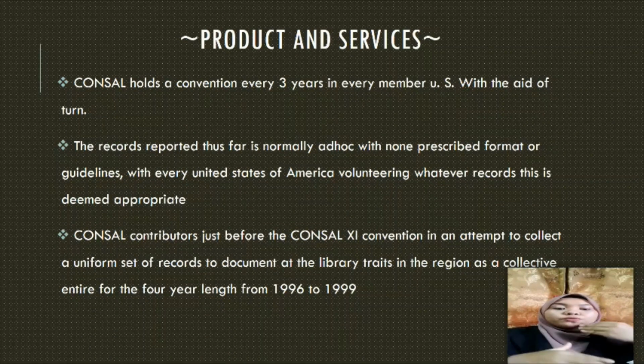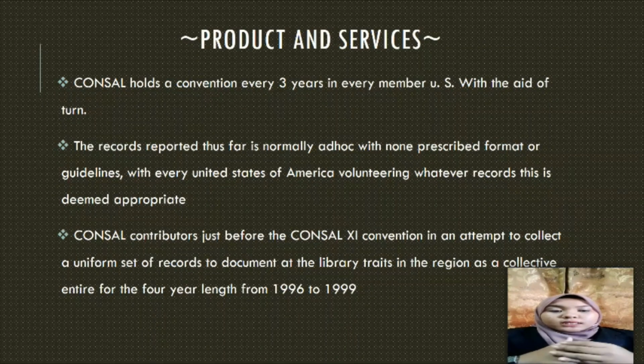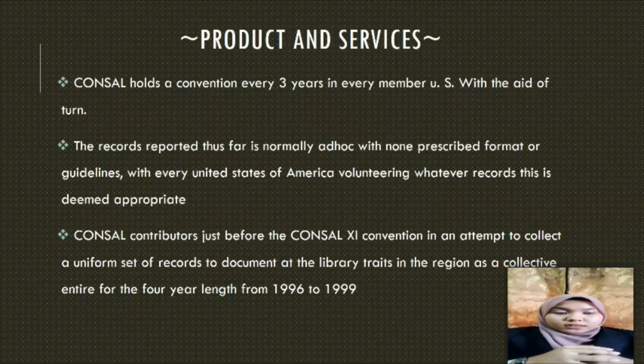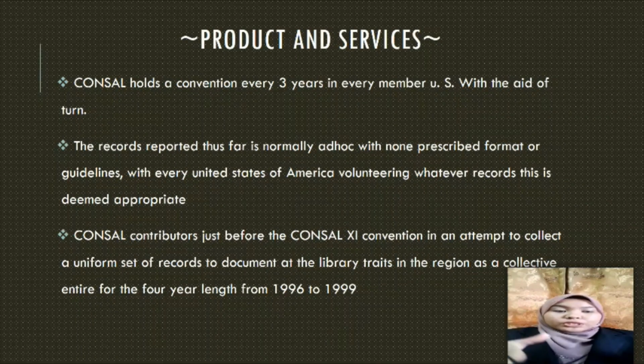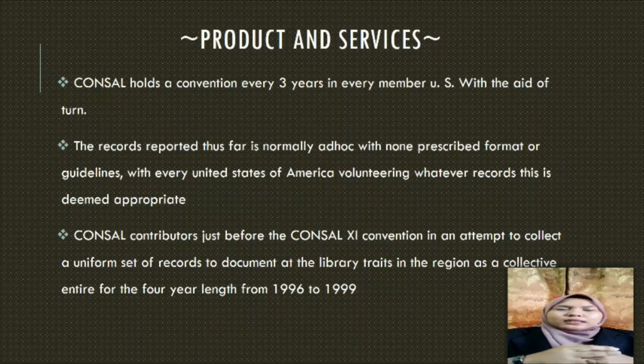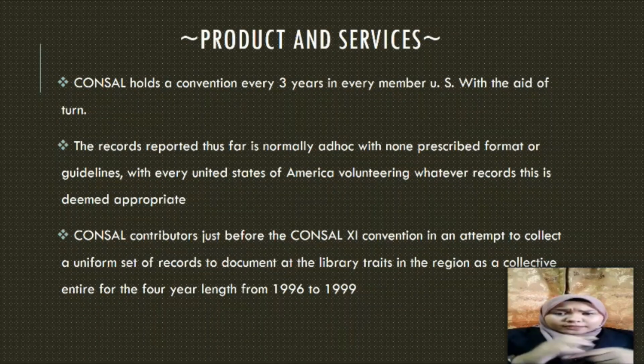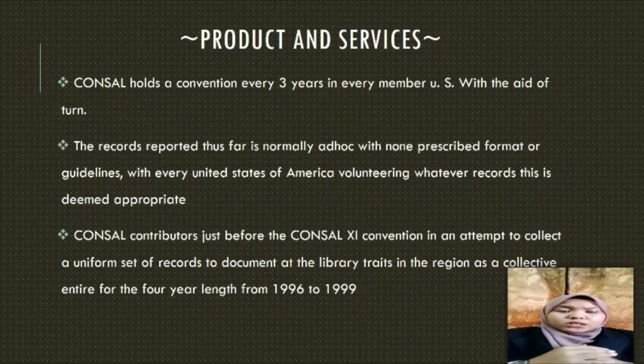Council contributors attended the council conventions in an attempt to collect a uniform set of records to document the library trade in the region, as a collection for the 4-year period from 1996 to 1999. Just quite long, it's 4 years. Okay, we go to the last